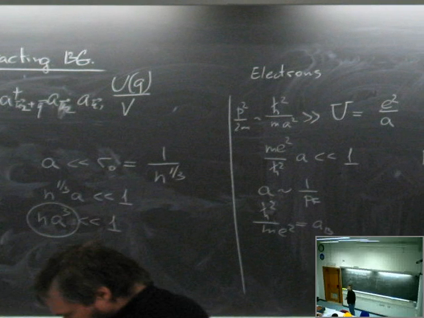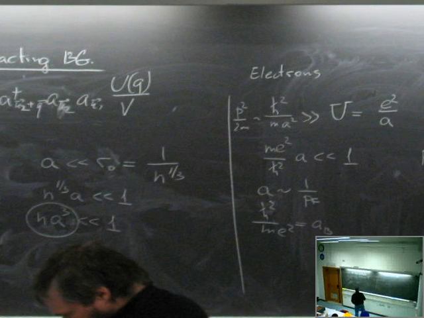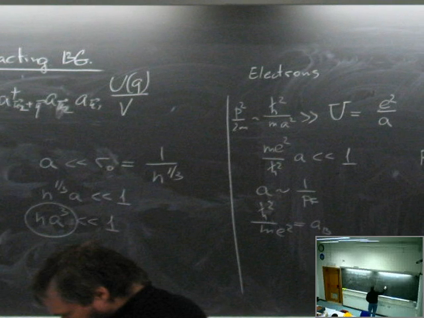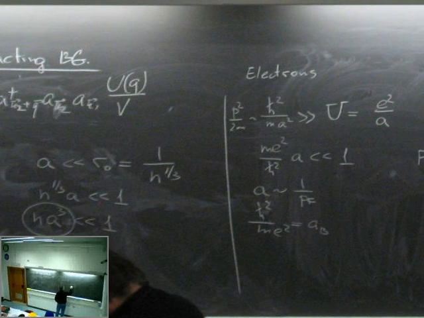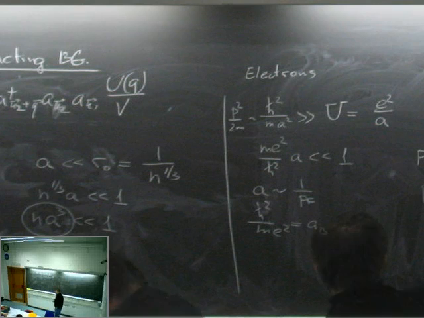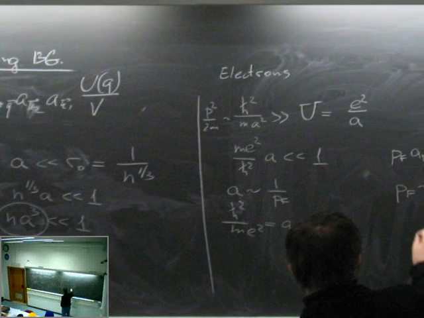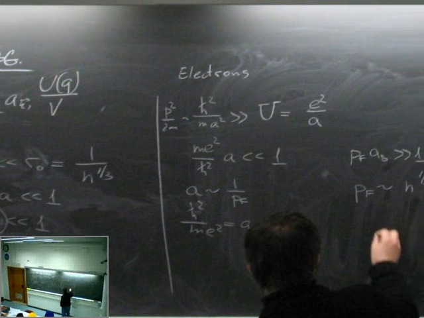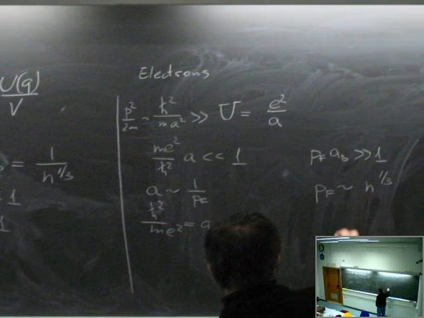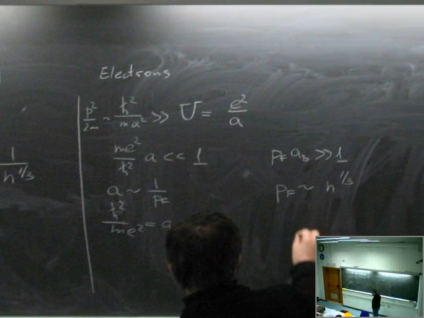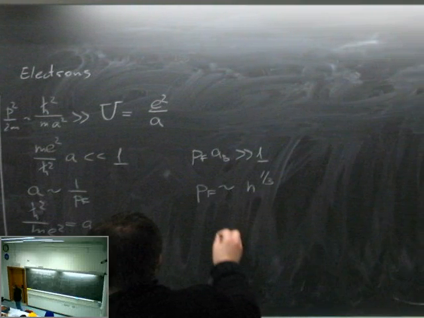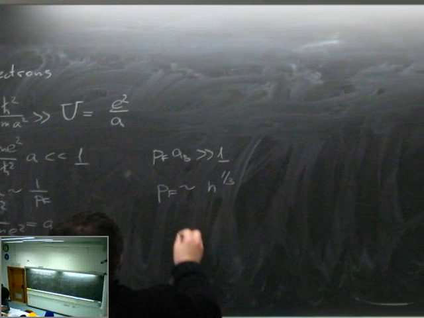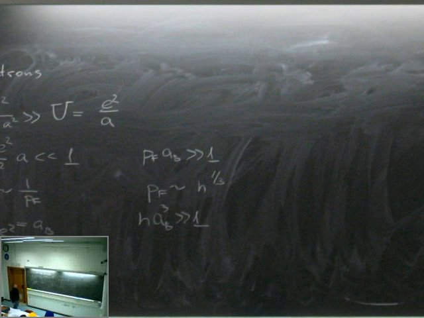You remember from our first lecture that Fermi momentum is proportional to the density to the power 1/3. Therefore, we have a_B^3 n much larger than 1 for the system. To contrast with this one, is there any contradiction? No. There is no contradiction. In fact,